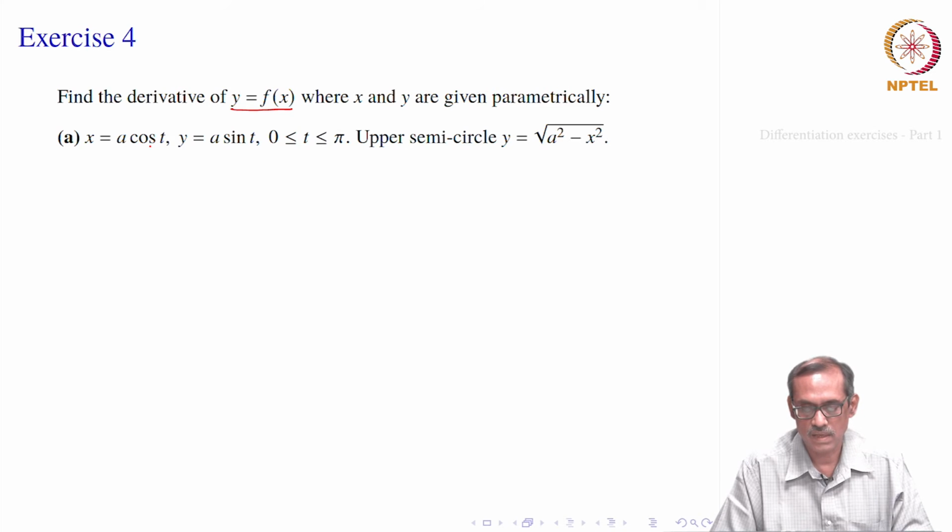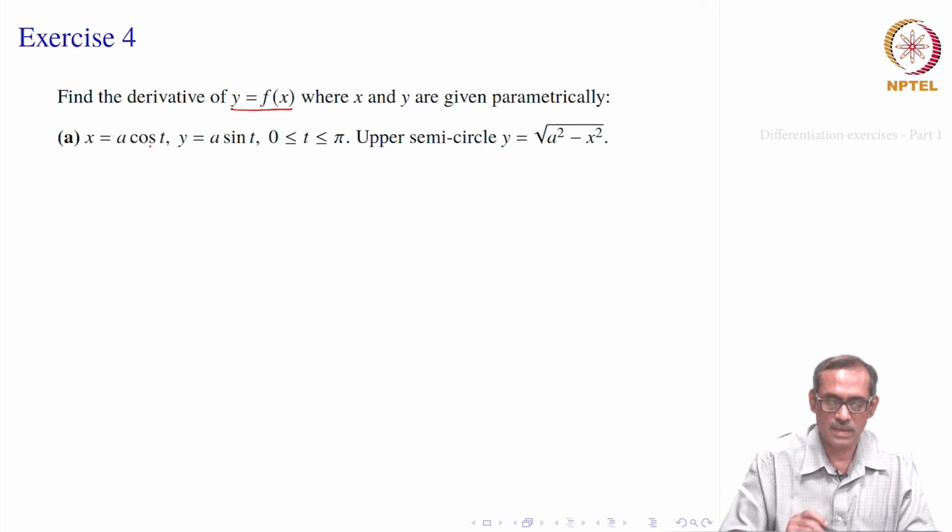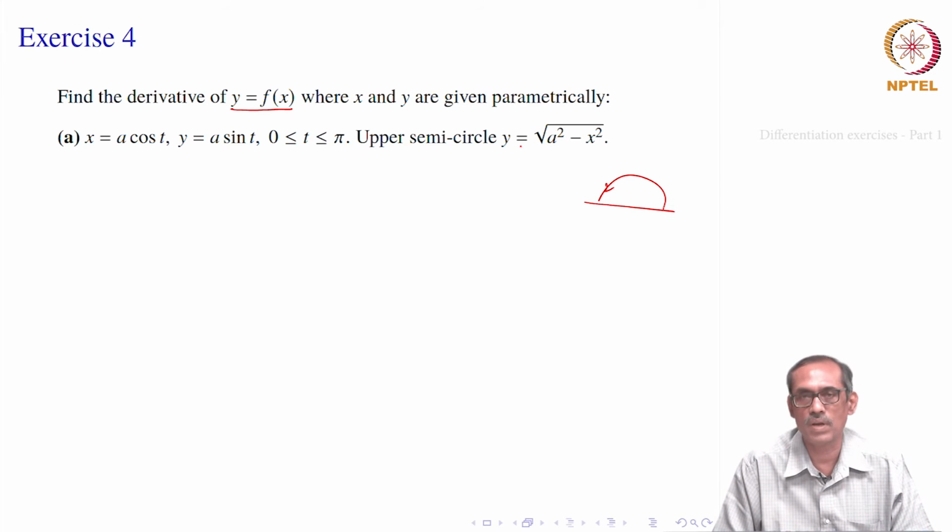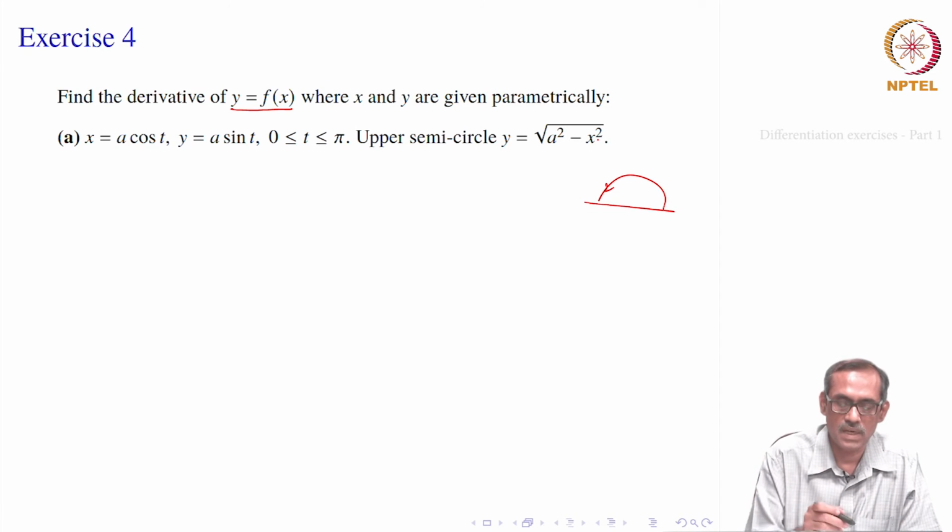So, what is this really? x equal to a cosine t, y equal to a sin t. So, it is a circular arc where a is the radius. It is really the upper semicircle, because t varies from 0 to pi. So, it is x square plus y square equal to a square, or we write y equal to square root of a square minus x square. So, we have now two ways open. We can directly take y equal to square root of a square minus x square and differentiate this, or we may go to parametric differentiation, find dx by dt, dy by dt, and then take suitable division to find dy by dx.